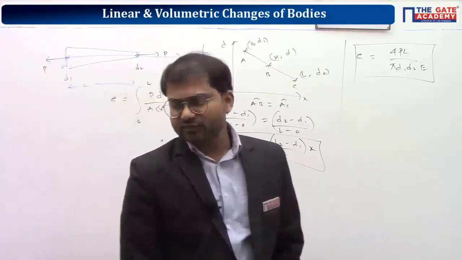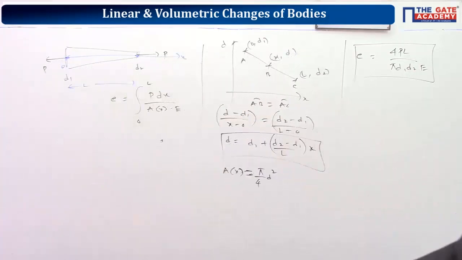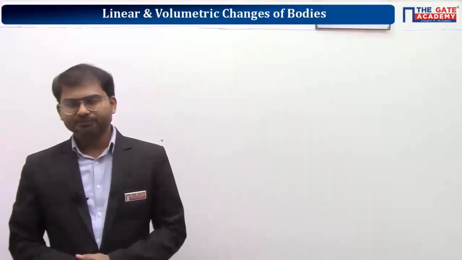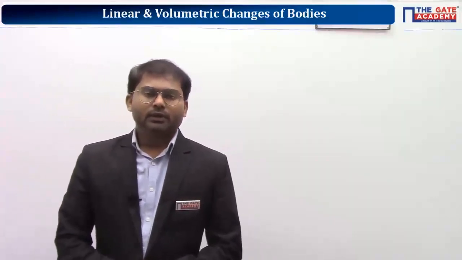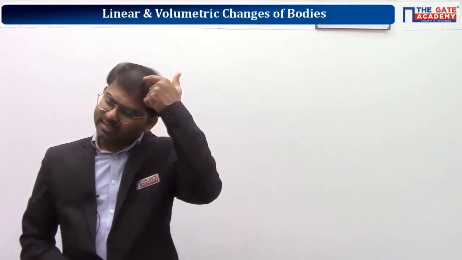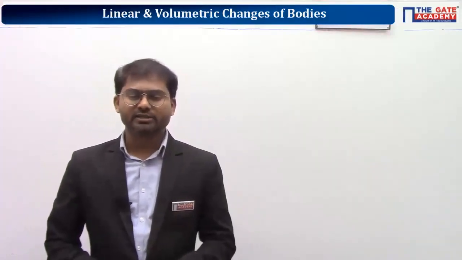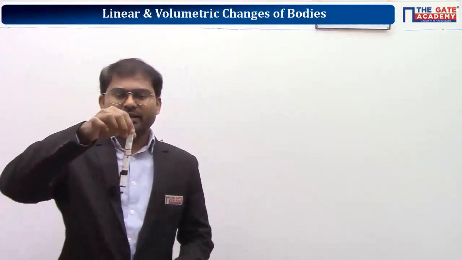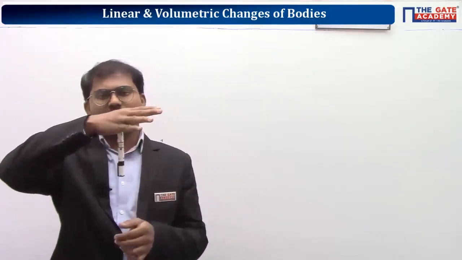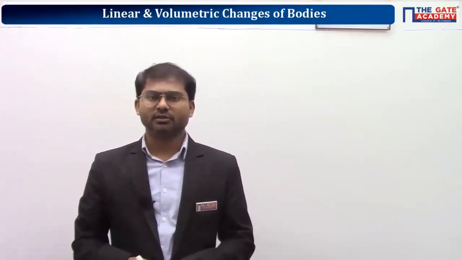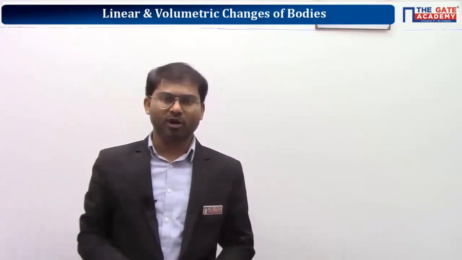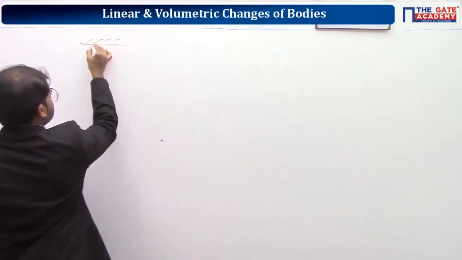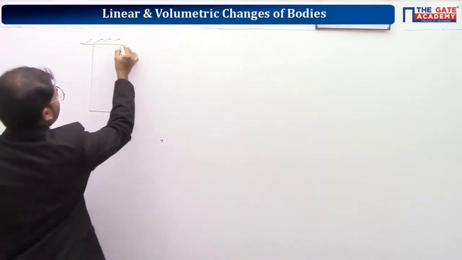Kindly copy it fast. After this, we'll go with the next concept, extension of the rod under its own weight. Listen carefully. We should understand the derivation here. In this case, we have to consider the body weight. They're expecting us to consider the body weight here. The member is hanging from a vertical surface, so we should consider the weight of the body to find the elongation. And here, elongation is occurring only due to the body weight itself. If you observe, what is the force which is causing elongation along the length?